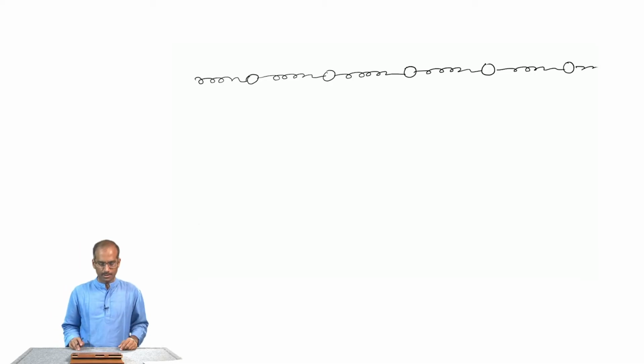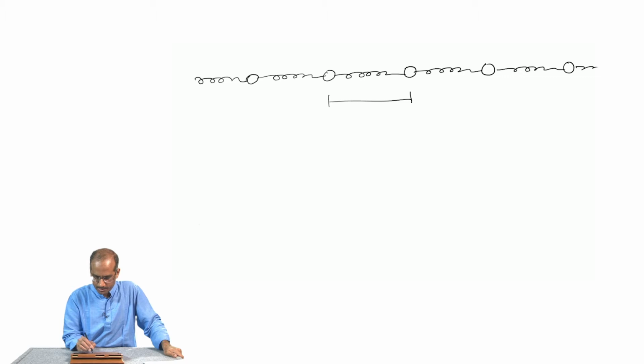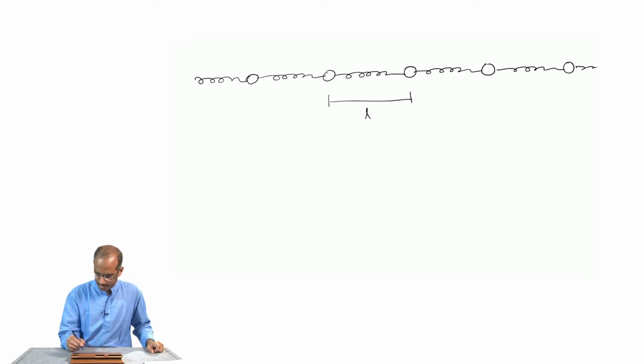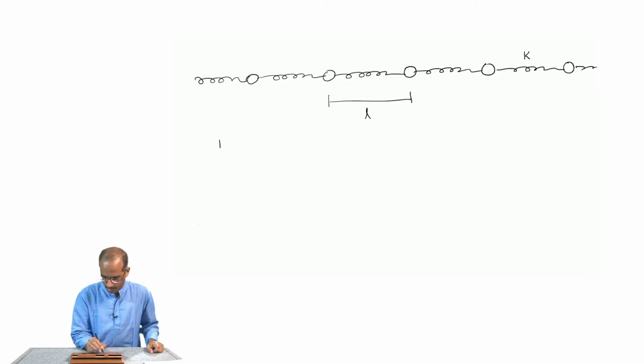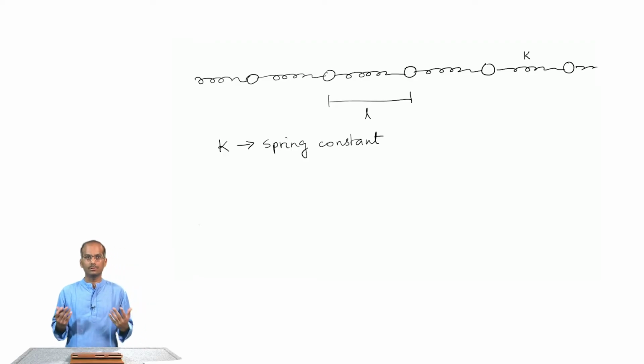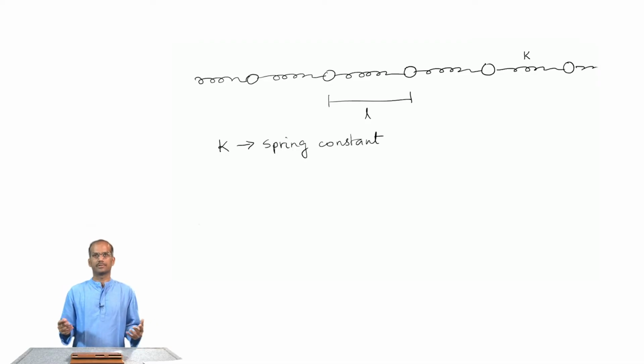consider a simple model. I am having a large number of beads like this, which are connected by springs, and I am going to take the length between any two of these beads to be small l, and these springs I will assume that all of them have a spring constant k. What I would want to do in this case is not to look at the transverse oscillations of this collective system. It is again a coupled oscillator kind of problem we made several times earlier on, but now